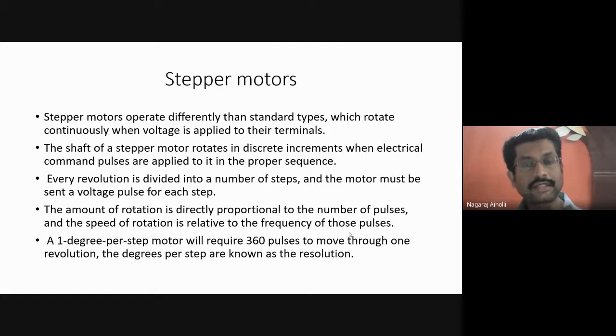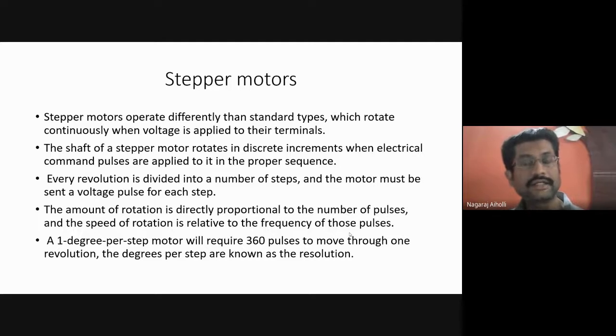But when we consider the stepper motors, when the signal input is applied in the form of electrical pulses, right? When an electrical pulse is applied, the pulse in the form of high current, low current, high current, low current, okay, that electrical pulse is going to rotate the rotor through steps. That is, say when you are applying the first pulse, the rotor rotates by 60 degrees and aligns with the magnetic field accordingly. Right? This is for the first step. Then for the second step, it rotates by another 60 degrees. Third pulse, another 60 degrees.